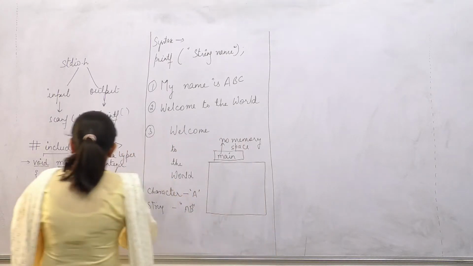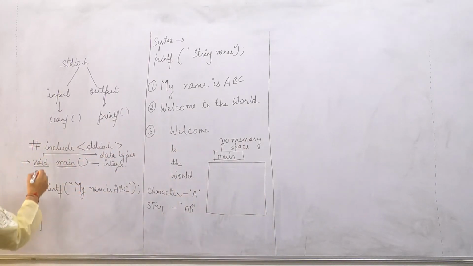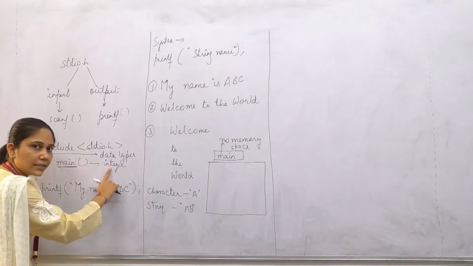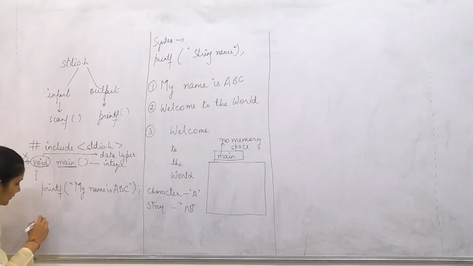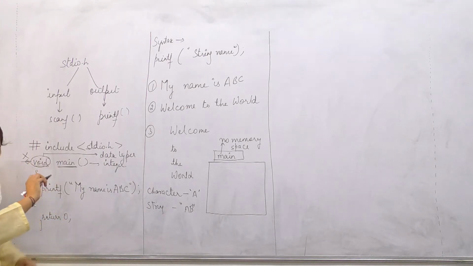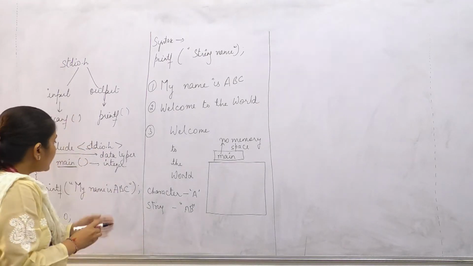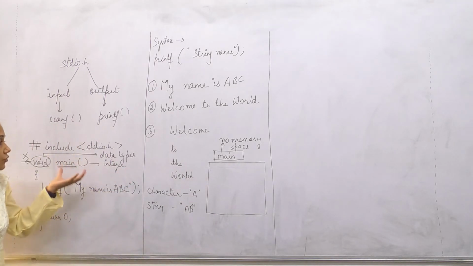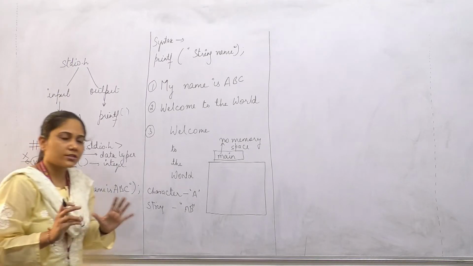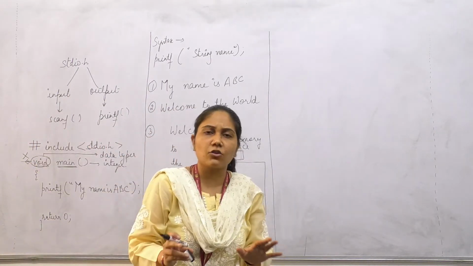Okay. Now suppose I have not considered this void, I have avoided it. Now I am not writing this void. So what you have to do, this main will be of integer type. At last, before the curly brace, before the ending of your program, you will be writing return 0 or return 1, whatever. Okay. So it shows that this main function is not returning any value, and it is returning only 0. 0 will not reflect anything. If you are returning a value called 0, then it will have no effect on your program.